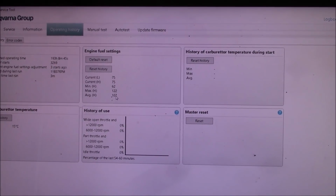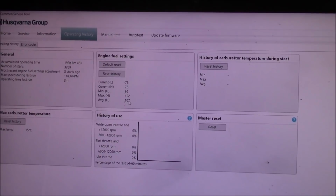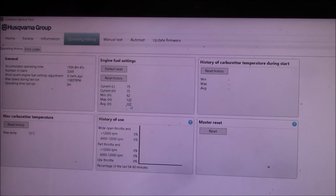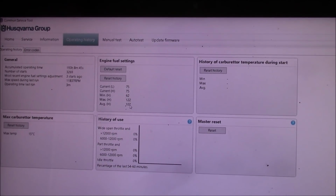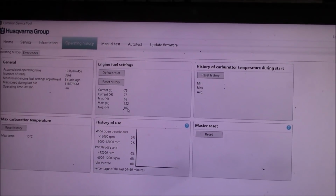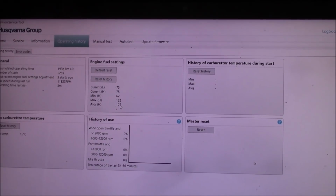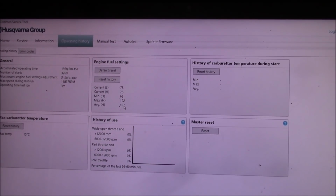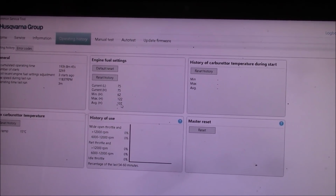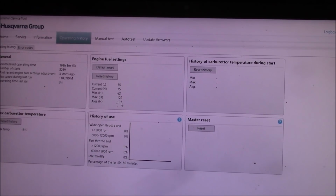I think a review on how the Autotune works is in order at this point, because you basically have these three separate conditions that it's designed to deal with. One is start, one is idle, low throttle, and the other is over 80% throttle under load. And the idle and the start, I'm not going to really discuss that, but basically the starting situation is as soon as you start rotating that saw, the first couple of revolutions from stop, it enters into what it considers the starting phase, and it tries to maximize the fuel setting in order to get the thing to